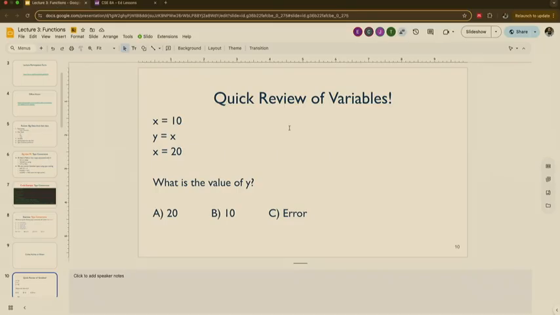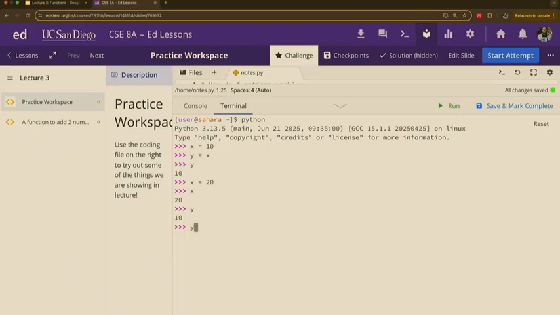Okay? So yes, because y at this point in time is going to say, I'm going to look at what x is at this point in time. Whatever it is, I'm going to grab it, and I'm going to store it as well. Then we get y is equal to x, which was 10. What if we were to put y is equal to x again? What's going to happen now? What is y? 20.